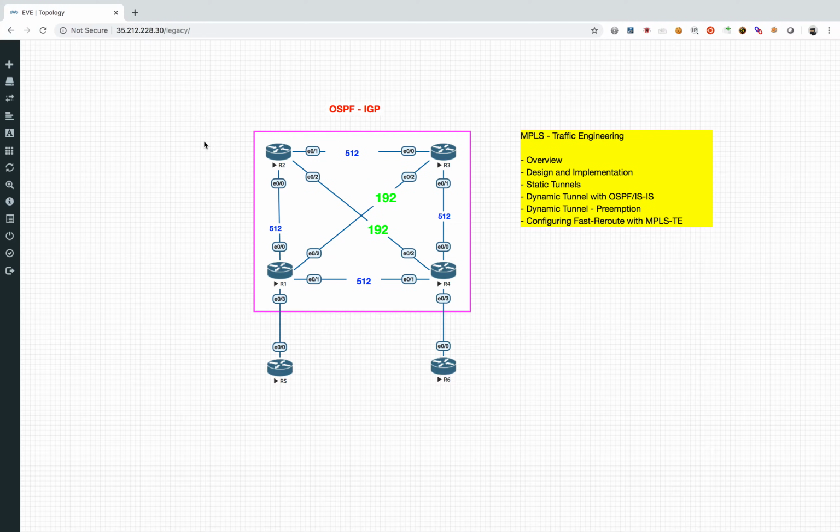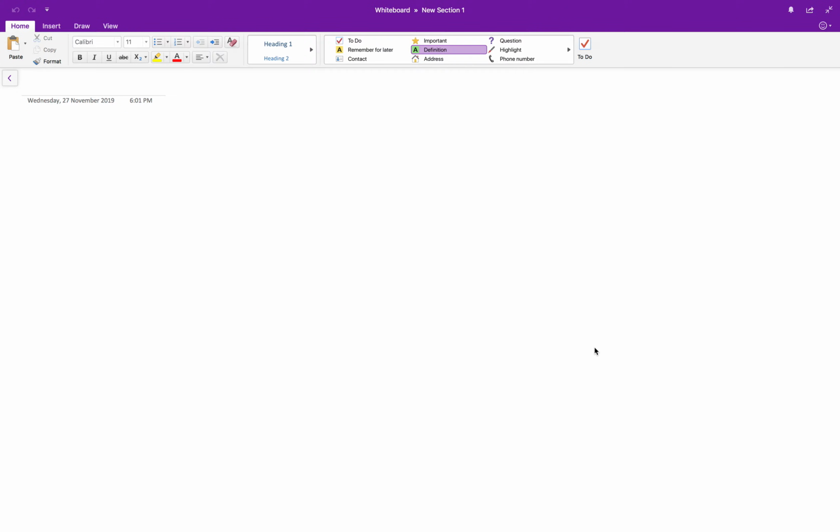Folks, welcome back. This is Joel, and in this video we'll touch upon probably the last concept in MPLS, which is MPLS Traffic Engineering. This is the topology which we'll be using, but for now let's actually try to understand MPLS Traffic Engineering. So to do that, let me pick up